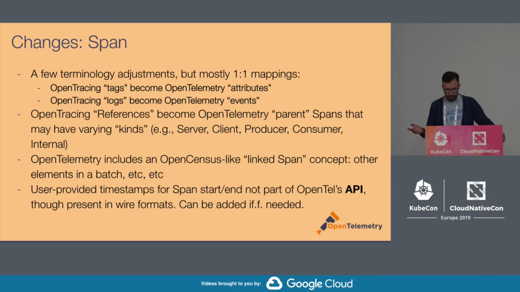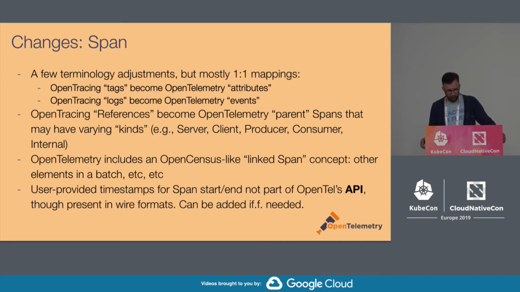And you can look at the API if you want yourself in Java for an example of how this will work. But there's a notion that every span has 0 or 1 parents. If you have 1 parent, you can say what kind of parent it is by talking about client relationships, server relationships, and then for things like Kafka, et cetera, there's a notion of a producer and a consumer. This will allow downstream UIs and analytical tools to correctly analyze the kind of causal relationships between the different spans. So in that sense, it's very similar to references.